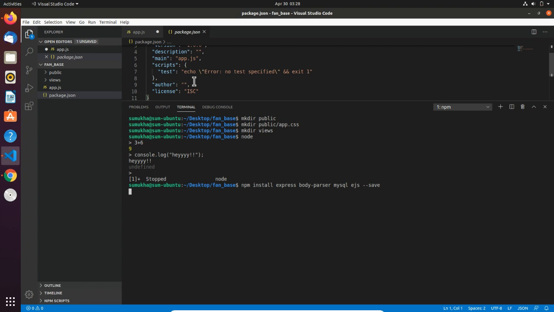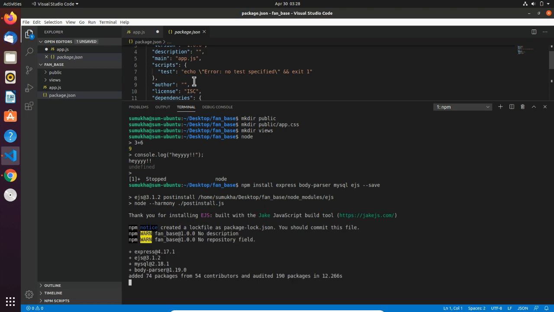You should see the dependencies being placed inside the package.json file. And even the node_modules directory should come up because we are installing node packages from a node package manager. As I said, the node_modules folder has come up, and let's see.